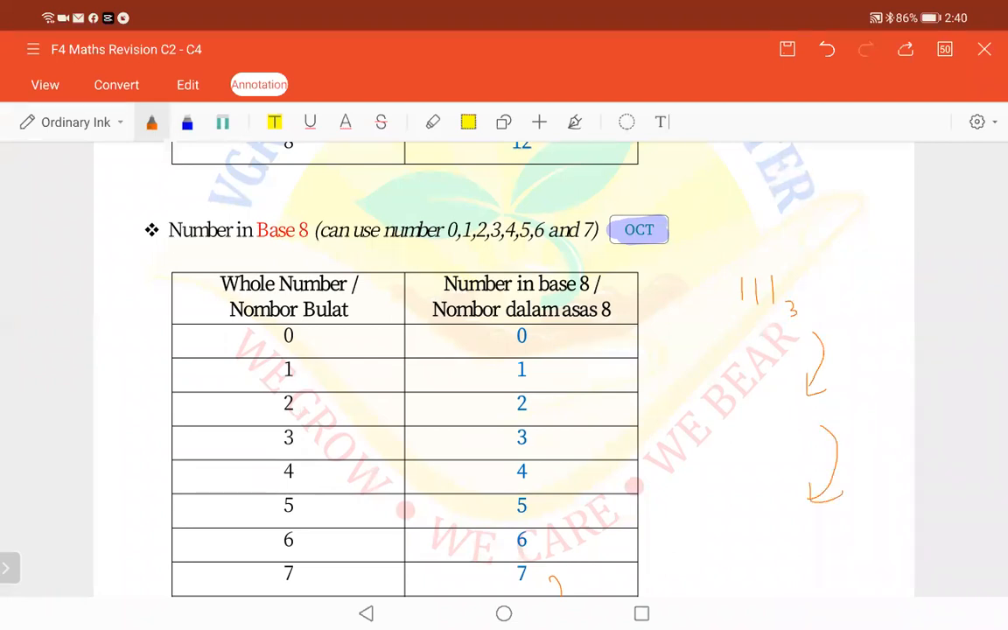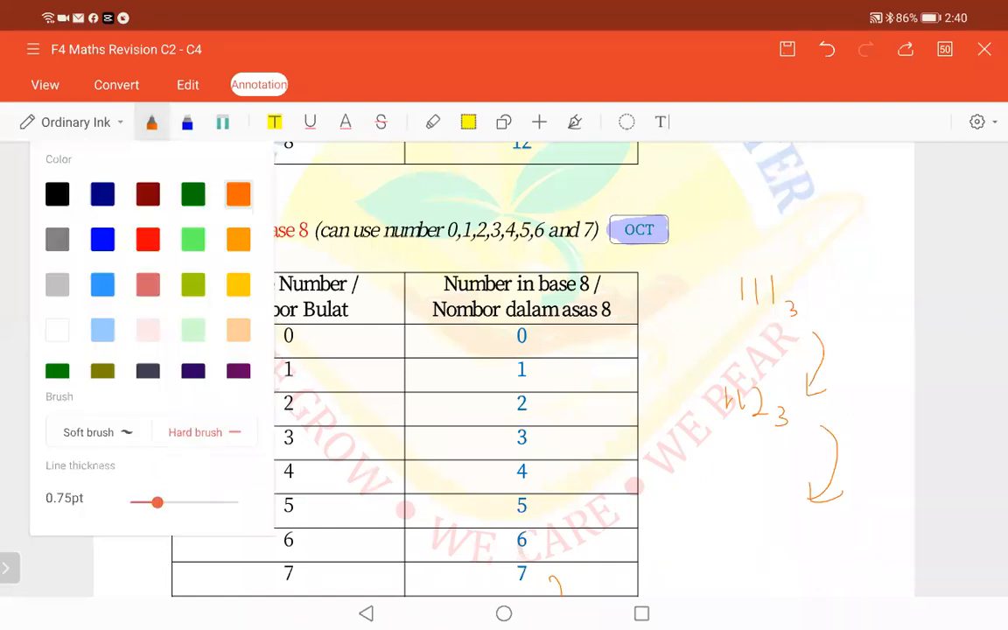Next number, this is 112. Okay, I have the answer there. 112. Next number. After 112 is? Oh, there are a lot of answers here. All different answers. Okay, let me read your answers. 113, 120,